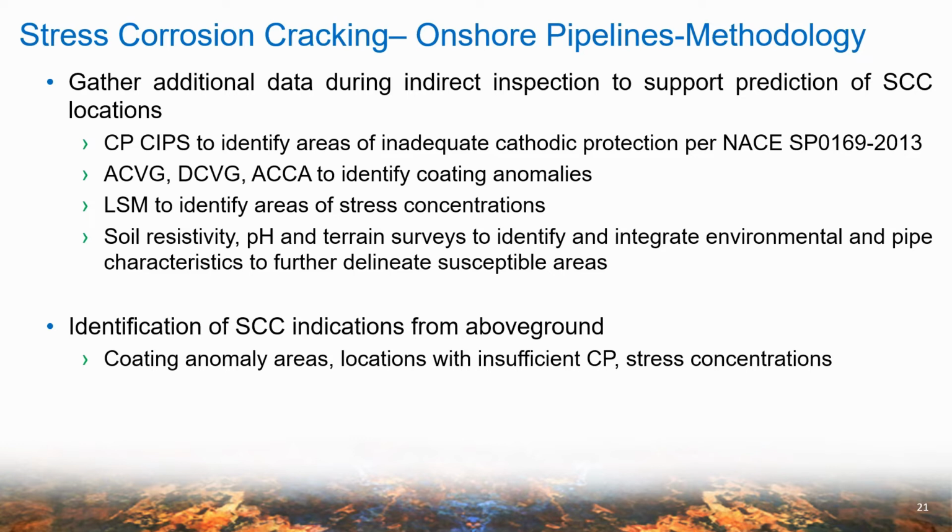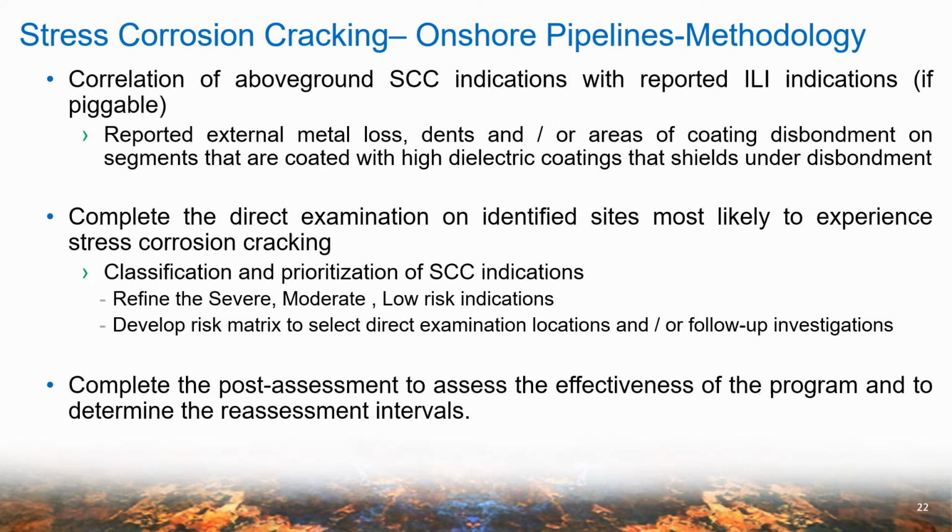So I have my locations that don't have good CP. I have coating fault locations. I have locations with stress concentrations. Then I can correlate that with soil resistivity, pH, and terrain information to further refine susceptible areas. So once I'm done, I have to refine those coating anomaly areas, locations with inadequate CP, and stress concentration zones,